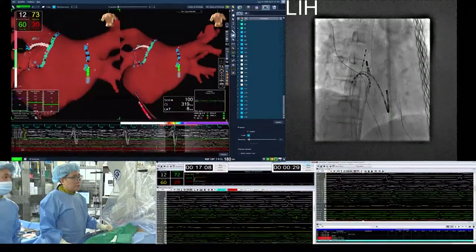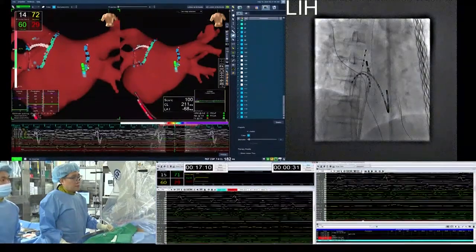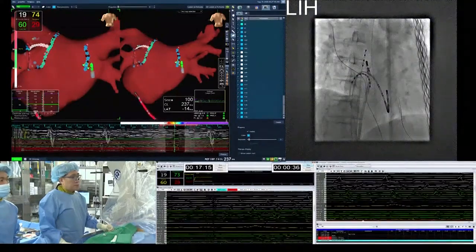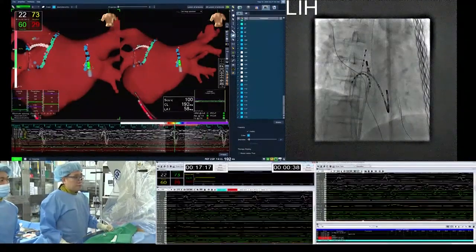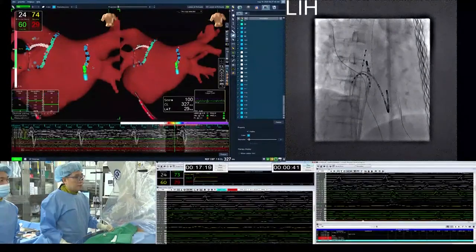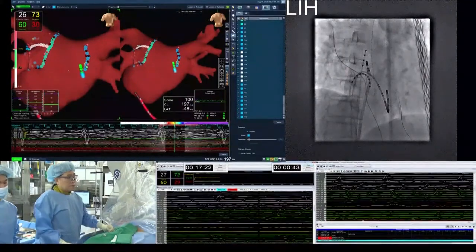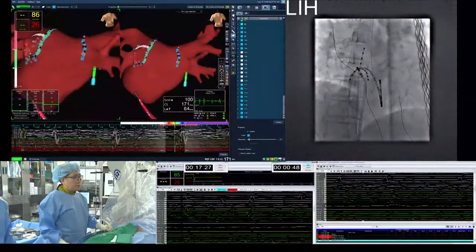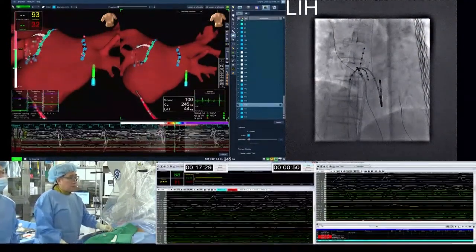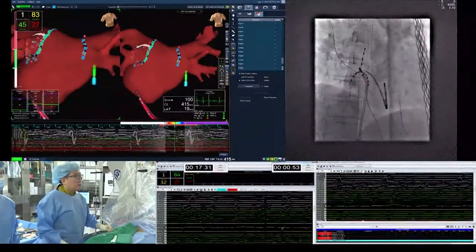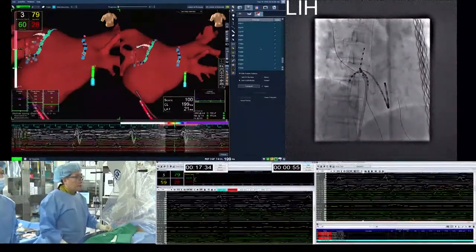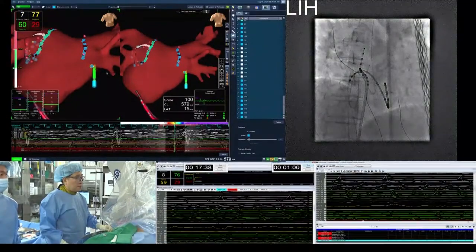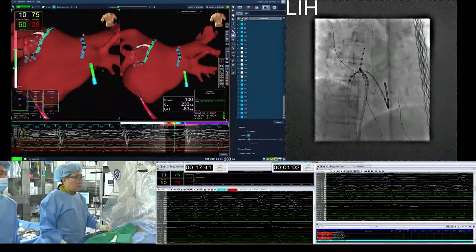Okay, some patients have a very folded structure in this area, which means the vertebra, aorta, or some other structure is pushing the posterior wall. In those patients, if you push the catheter too much, the patient always complains of pain and it is hard to ablate. So in this area, you need to rotate your fluoroscopy to the aerial view and compare with the angiogram you took before, and see where the PV ostium area is.